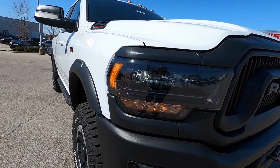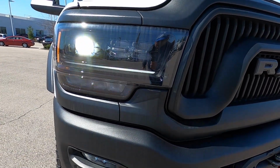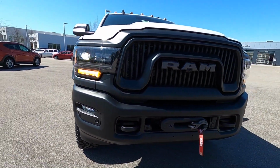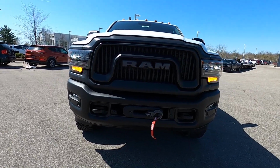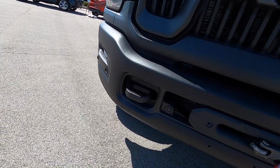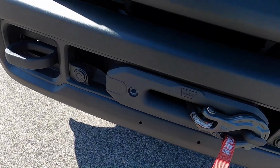While the grille, at first glance, looks like the HD Ram grilles, with the 75th anniversary package, we get the vertical bar treatment, which adds an air of heritage, pointing back to the grille treatment of the original Power Wagon truck of the 1940s. Beneath the massive grille is a color-matched matte black bumper with LED fog lamps, heavy-duty front